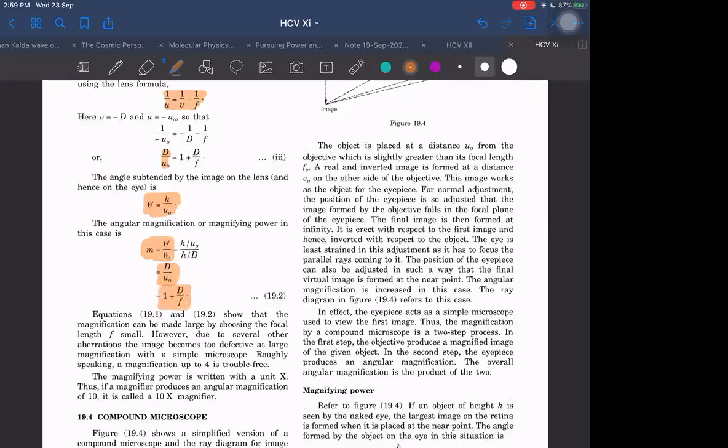That is it finally. So what will be the magnification of a simple microscope? I can say it varies, but it can vary from d by f to 1 plus d by f. Will it matter a lot? Not much, because d by f will be approximately equal to 1 plus d by f, as d will be much larger than f. Why? How do I know d will be much larger than f?